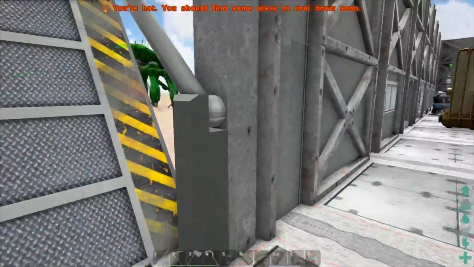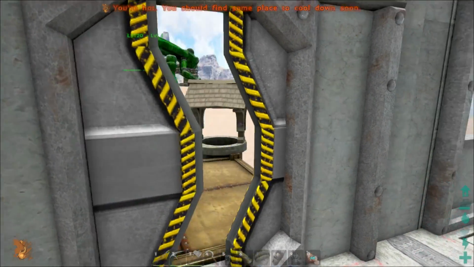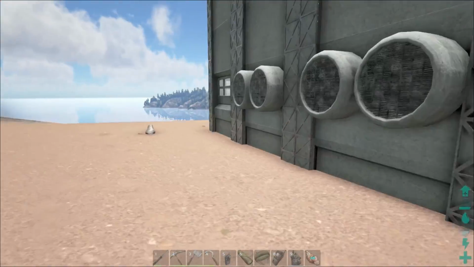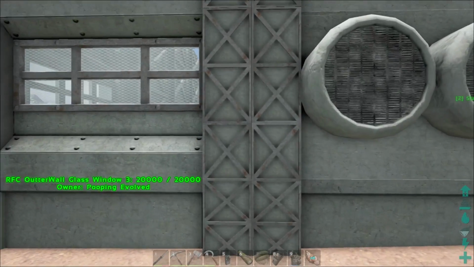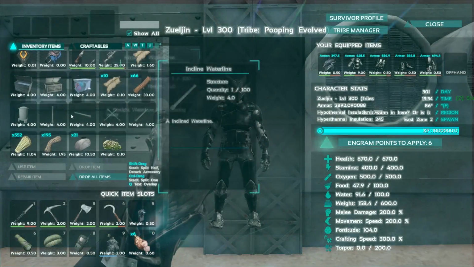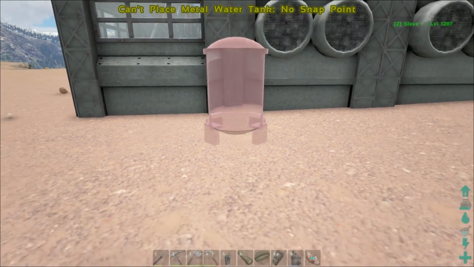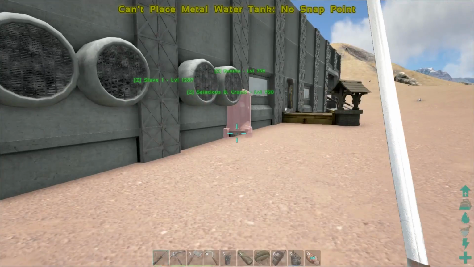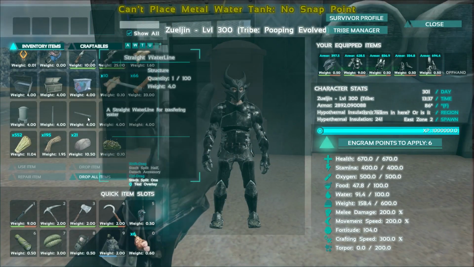I love all of these new doors, by the way. Check these out. The doors are really, really cool in this mod. I love it. We should be able to get away from the water deal too. Alright, so I should be able to put a water tank out here. Hopefully. Water tank, no snap point. Okay, maybe I'm going to need, not that. Maybe I'm going to need a